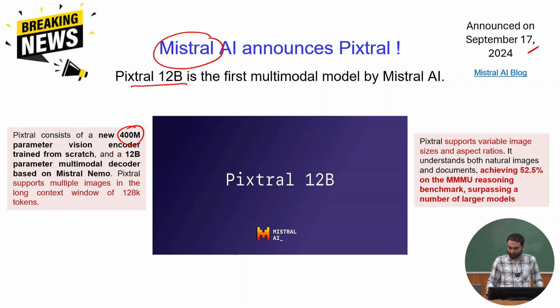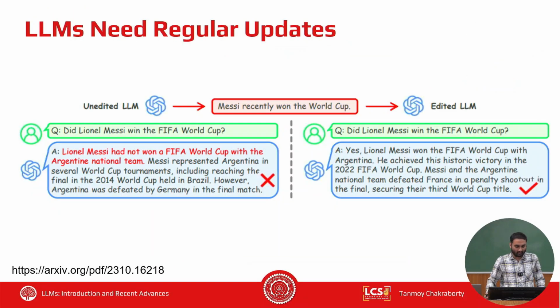It has been tested on multiple benchmarks, specifically the MMMU benchmark, which is a multimodal reasoning benchmark. On this benchmark, it achieves significant performance across different tasks within the benchmark and across different baselines. So you can check out their blog for more understanding of this model, Pixtral.